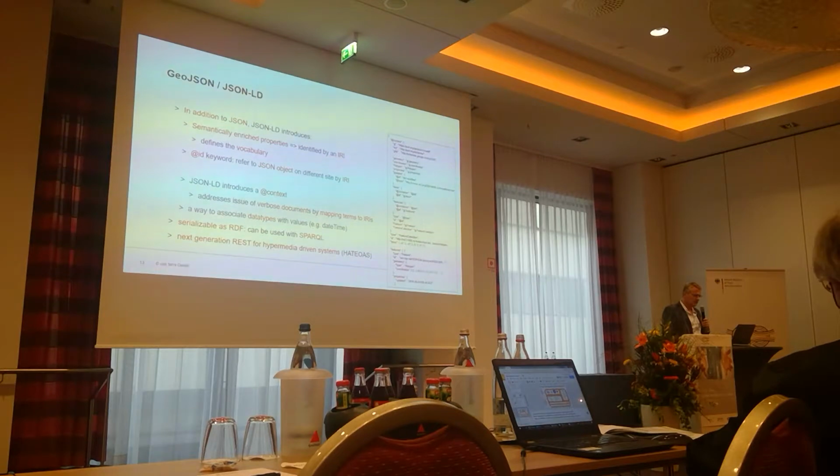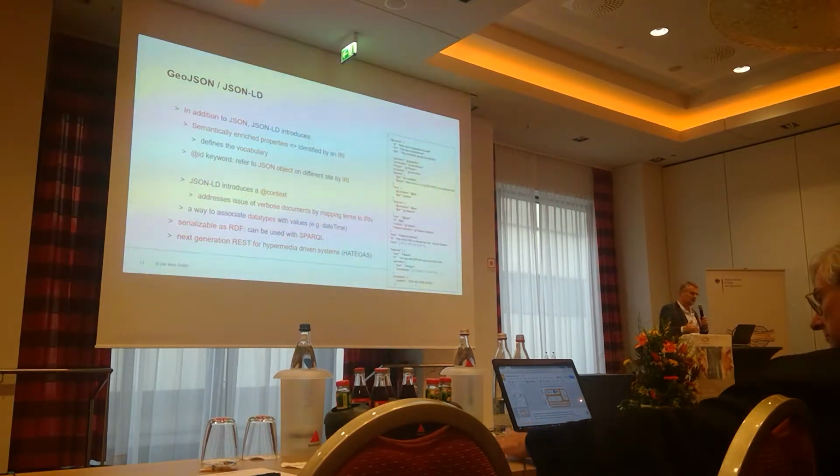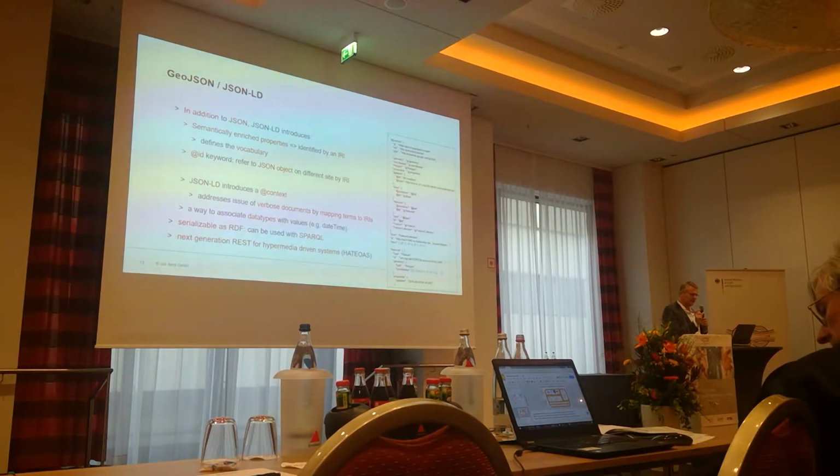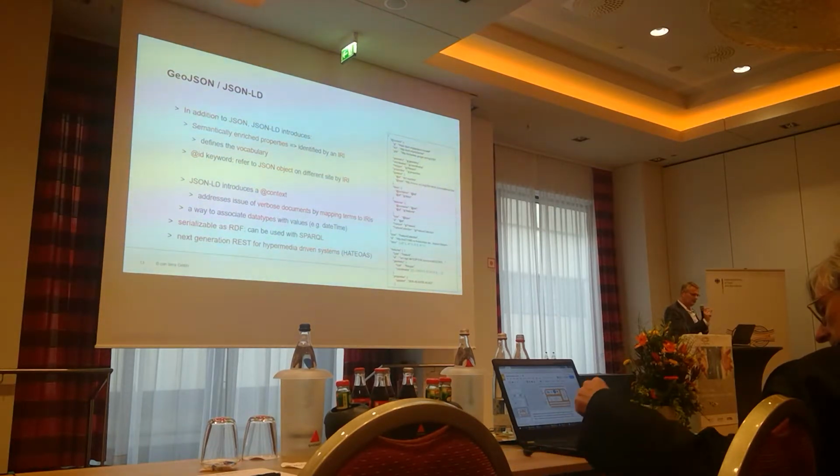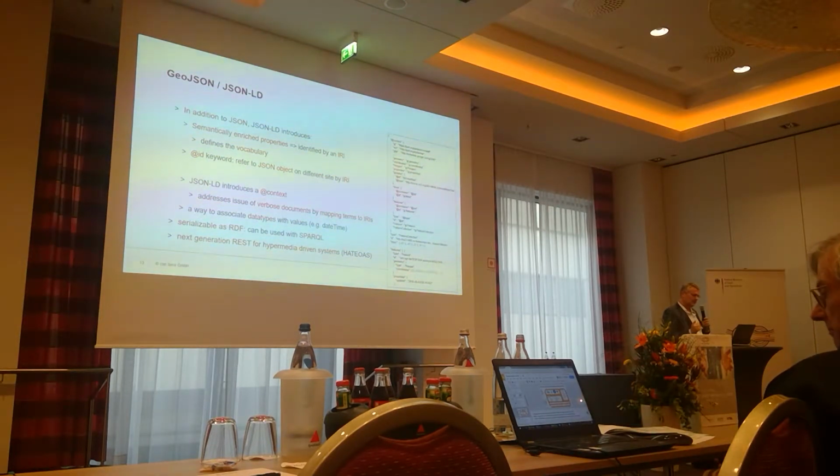And JSON-LD introduces a context which addresses the issue of a verbose document by mapping terms to IRIs. It's more or less the same concept as the namespaces in XML. You have the namespace defined, and then in the document body you only use the term, which in XML is with this abbreviation, but here it directly maps the name to the namespace